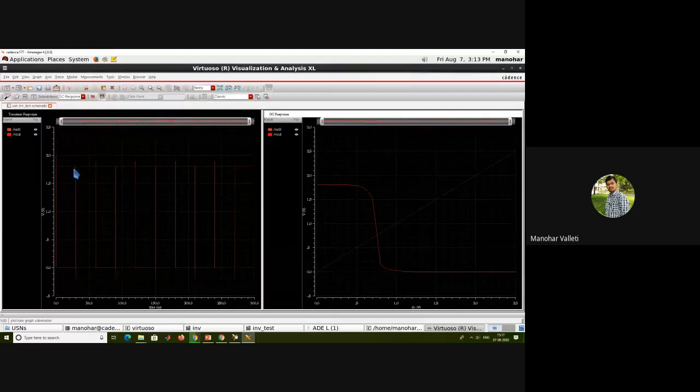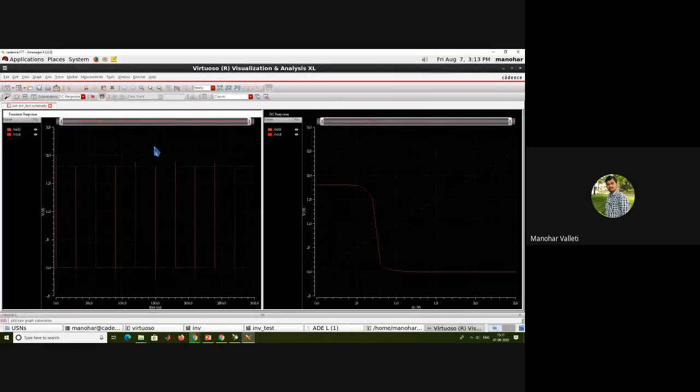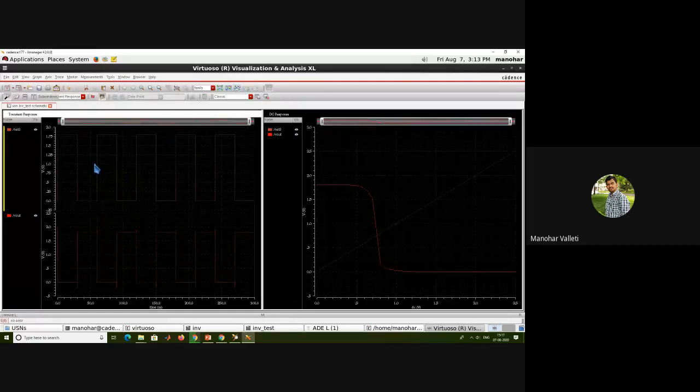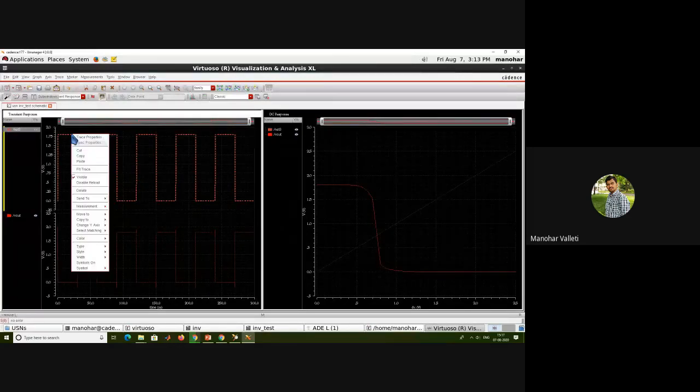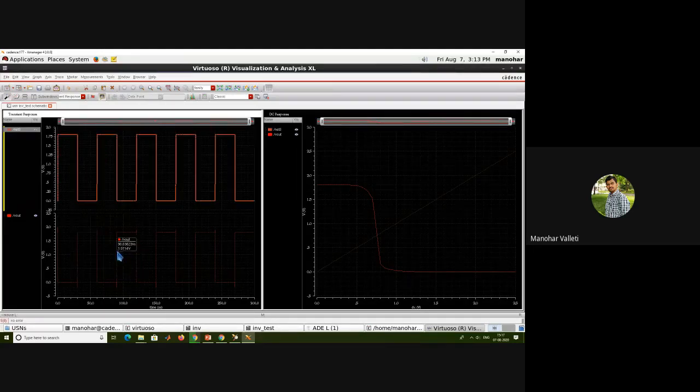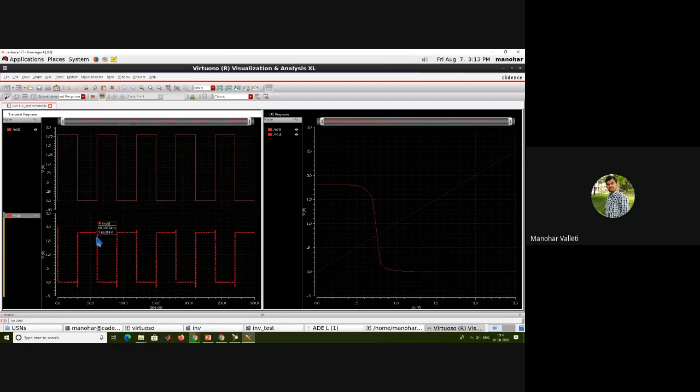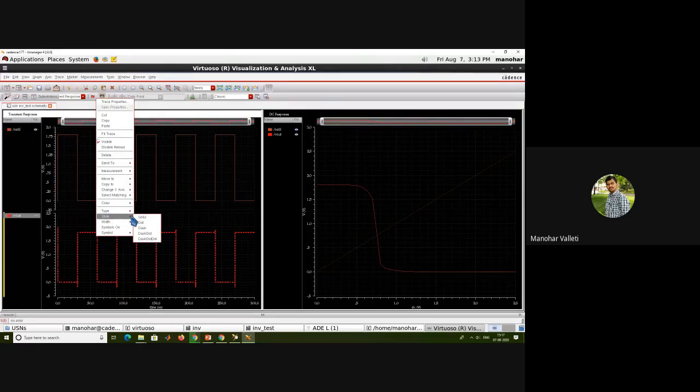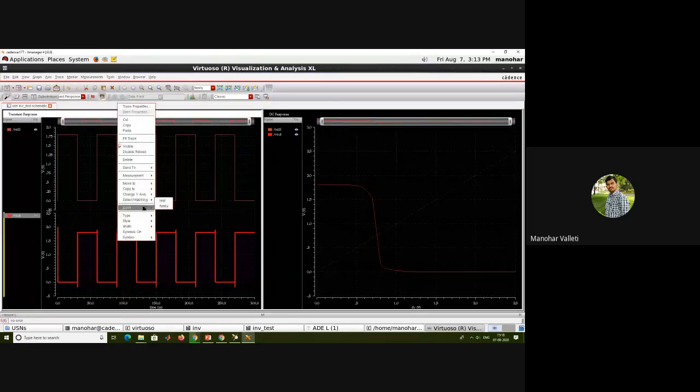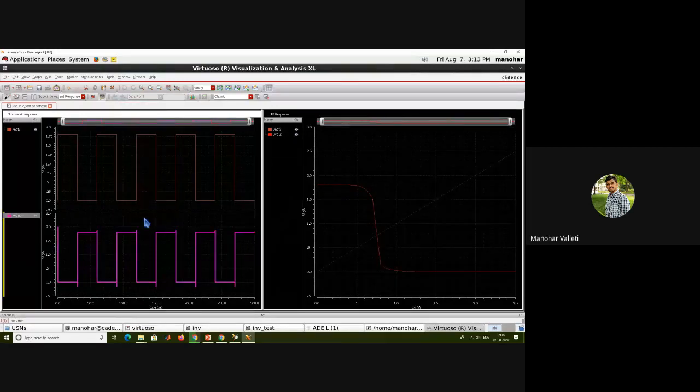I want input and output separately. So for that to happen, I selected this. So here you just see this split current strip. You just see this is your input. This is your output.